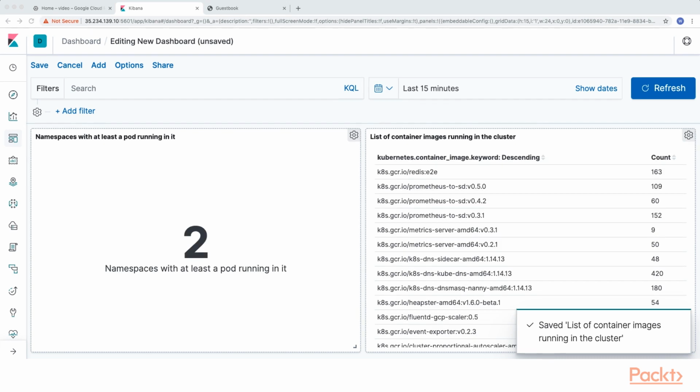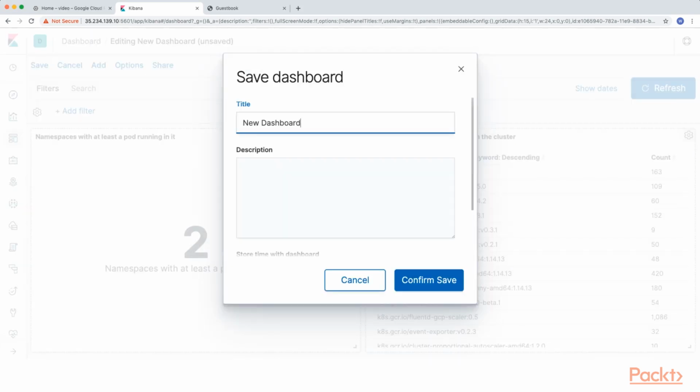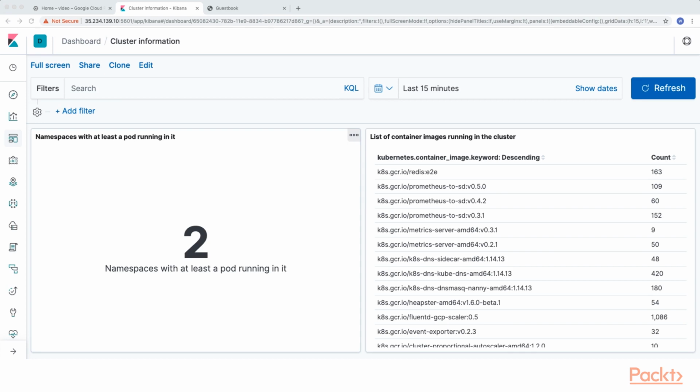With these two initial graphs, we can save the dashboard. Set its title to something meaningful, such as, for example, cluster information. With that, congratulations! You just created your first Kibana dashboard. After having created a monitoring dashboard for our Kubernetes cluster,